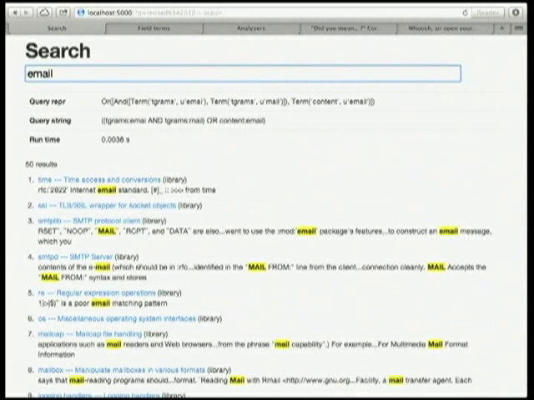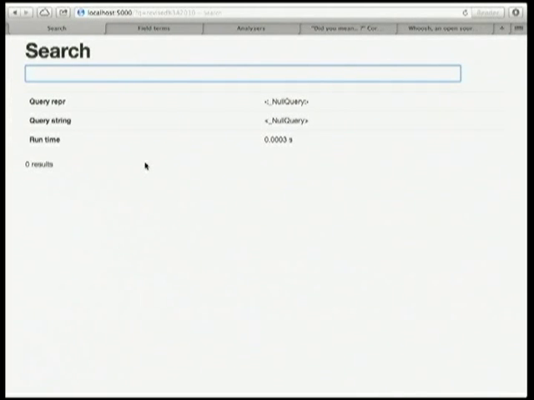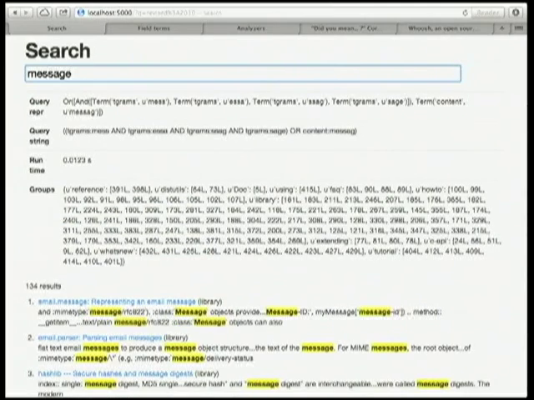It can search or sort by any field, or by multiple fields. You can also do grouping. Unfortunately, I didn't have time to make this look good on the page, but if I group by chapter and type something, you can see that as part of the results object, it gave me this dictionary where the keys are values from the chapter field, and the values are lists of document numbers that had that